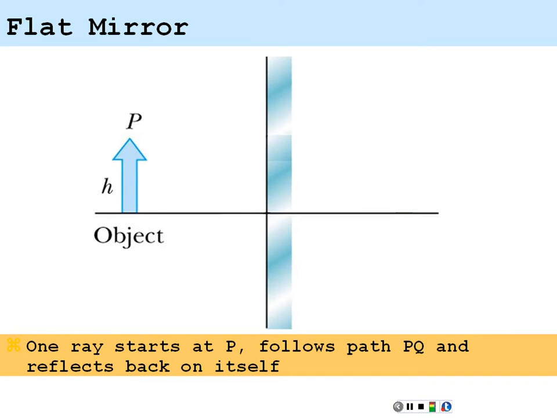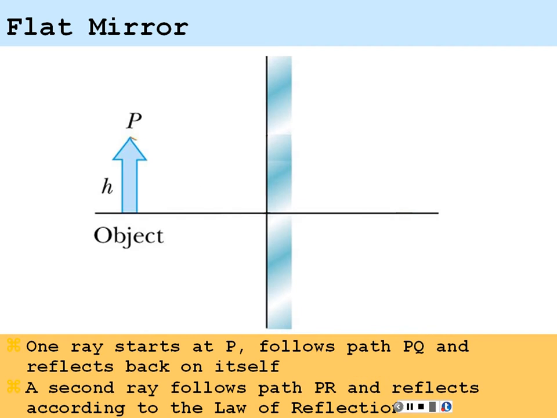Let's try another ray of light from point P, and we're going to have it reflect off the middle of this mirror. And we'll prove later that the angle of incidence will equal the angle of reflection. So this angle that it hits with is going to equal this angle that it comes out with. If we follow this reflecting ray back, it's going to appear to come from behind the mirror in some direction. If we take these two rays and follow them back,